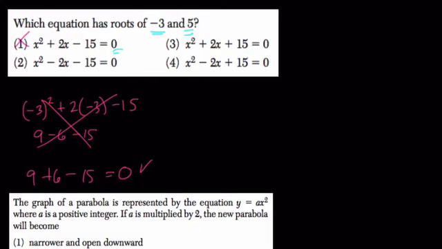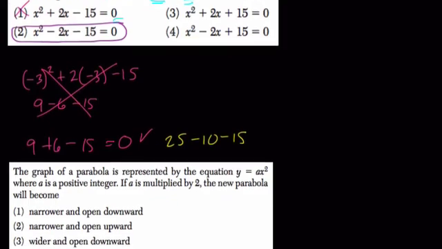Now we plug in 5. 5 squared, 25, minus 10 minus 15. That also equals 0, so the answer is 2. So just by plugging those numbers in to see if we actually do get 0, you'll know that they're the roots. Okay, the graph of a parabola is represented by y equals